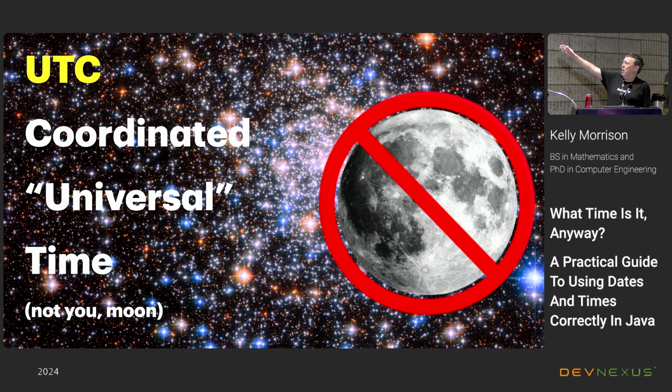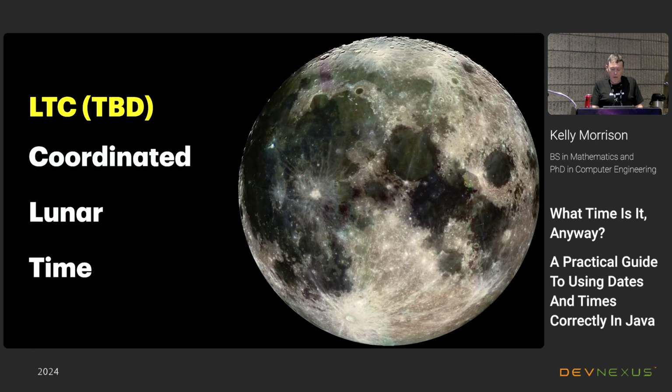For example, if you're talking about the moon, it doesn't work for that. The moon's not split up into 24 time zones. There's no offsets. That's a completely different thing. Universal Coordinated Time only works for Earth. It's a terrestrial time. And the reason I'm bringing this up is because there's a brand new one coming out